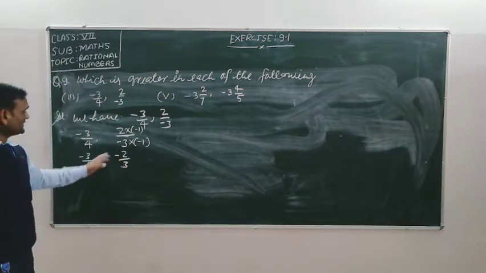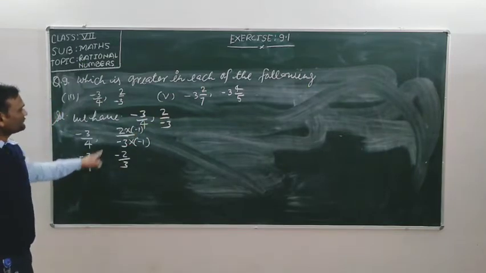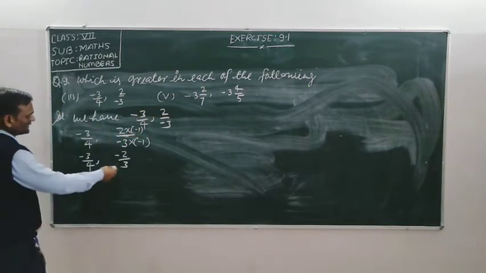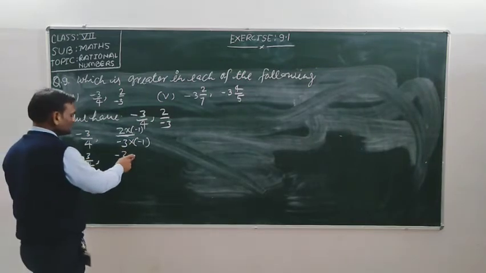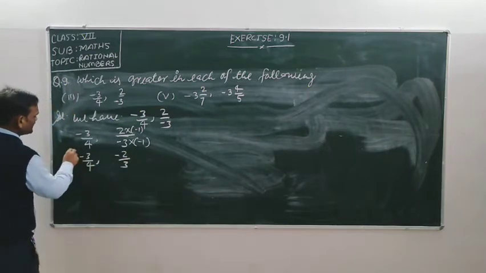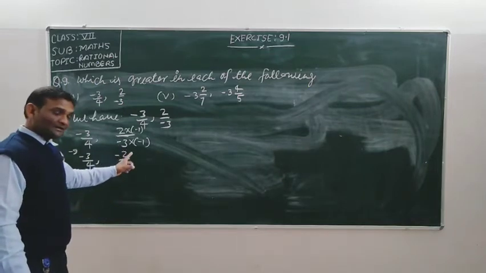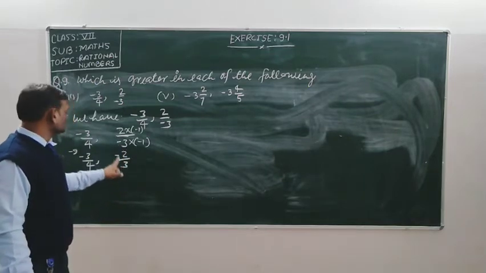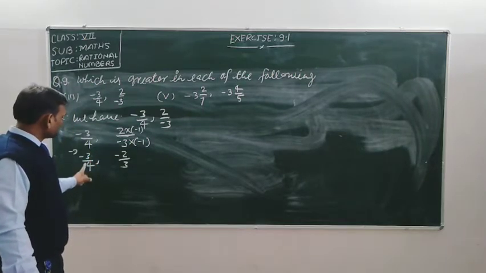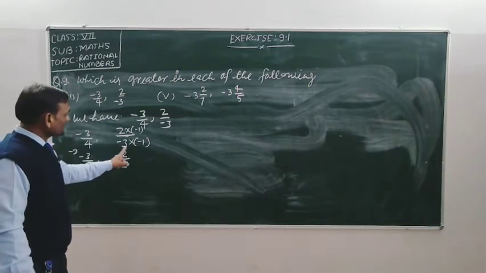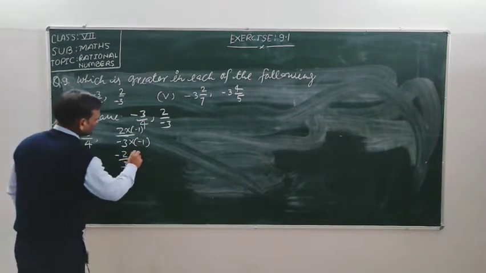Now student, which is greater? Minus 2 upon 3 is equal to 2 upon minus 3, and minus 3 upon 4 is equal to minus 3 upon 4. You know, equivalent. So student, which is greater and which is smaller? Firstly find in these two fractions. 3 3 is a 9, minus 9. Apply the same method. Multiply the denominator of the second fraction to the numerator of the first fraction, and multiply the denominator of the first fraction in the numerator of the second fraction. So 3 3 is a 9, that is minus 9, and 4 2 is a 8, that is minus 8.